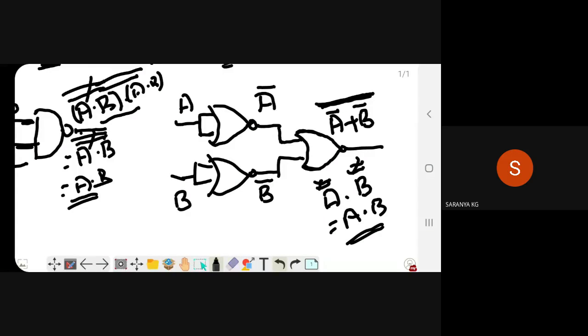Okay. So by using a NOR gate, you will have the output in the form of a sum. But while implementing an AND gate by using a NOR gate, we want the output as a product term. So before giving the input to the NOR gate, we complement it and then give the input. For complementing, we are using a NOT gate before the NOR gate. So the NOT gate also is in the form of a NOR gate. Okay.